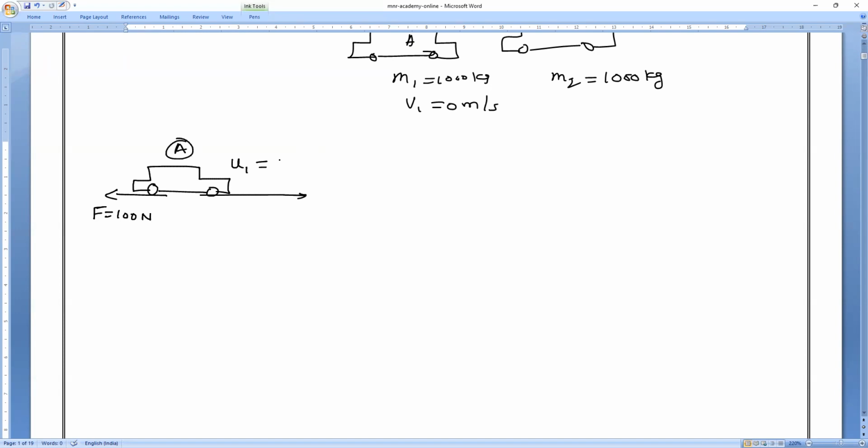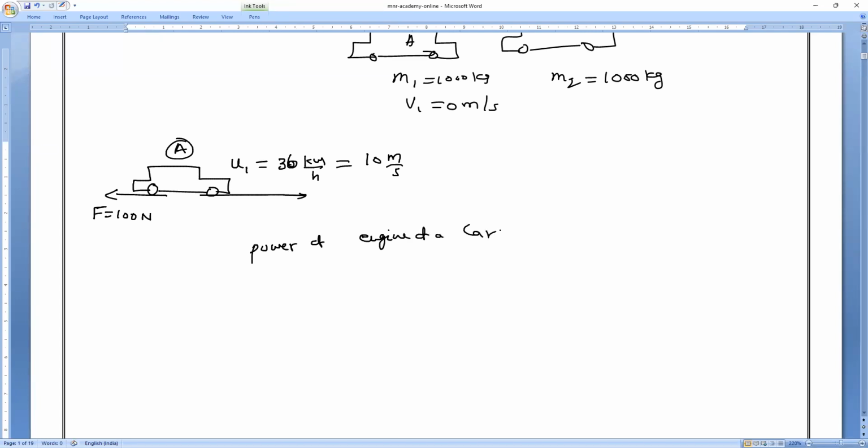How much is the frictional force? They have given it in the question. 100 newtons. Understand, everybody? So, the power of a car,